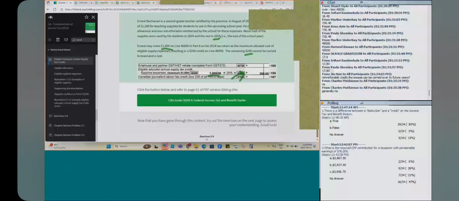So, the one other thing I want to mention is when we say supplies here, normally elsewhere in tax law, supply